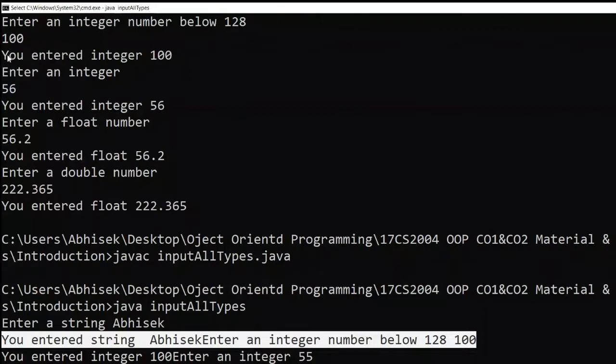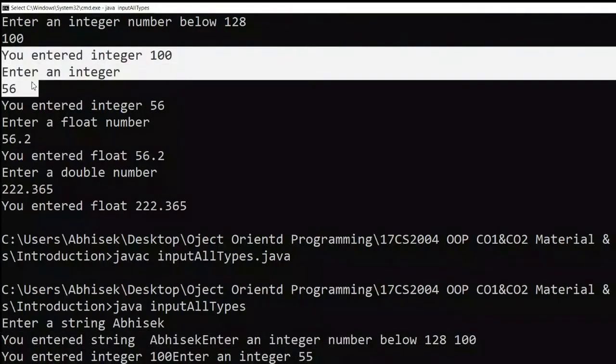Whereas in this case, it is printing the values row wise. After executing a particular line, it goes to the next line over there. Clear? So that is the difference between using the println statement and the print statement. The functionality of both is the same, but if you write println, it will go to the next line. But in print, the output will be written in a single row.